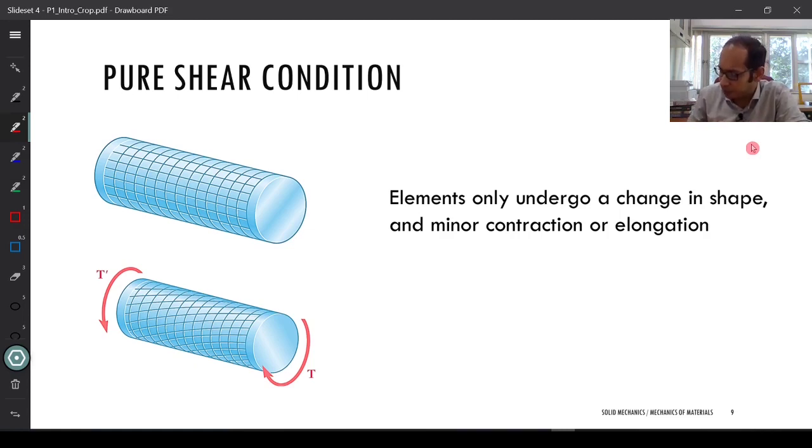What has happened to this element after I've applied this torque? This element has simply changed its shape. This element has somehow become like this over here,